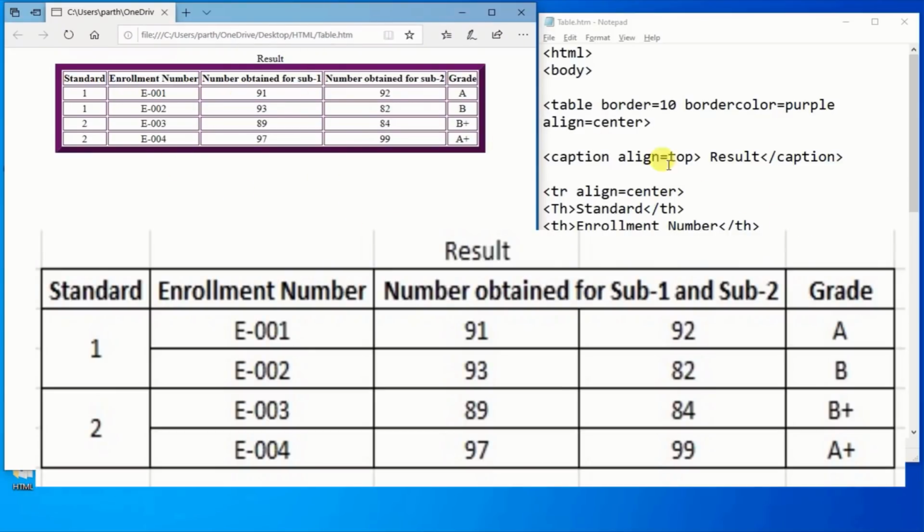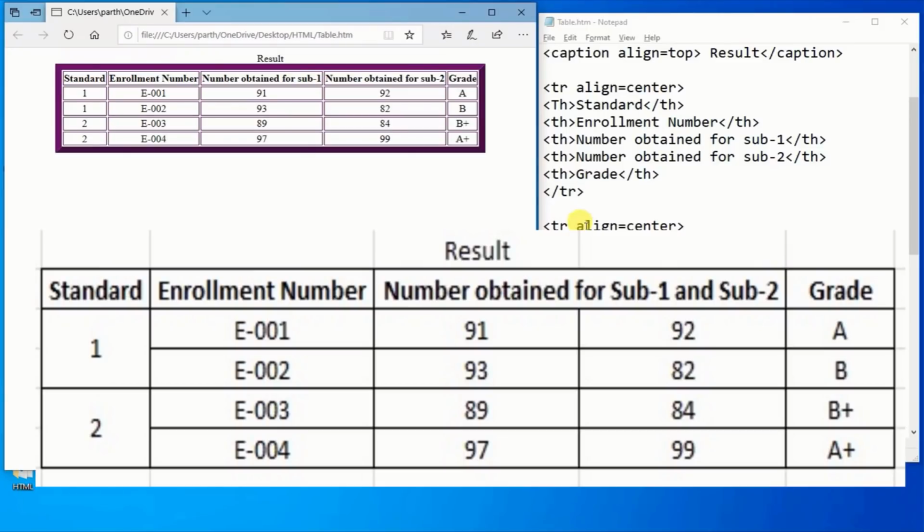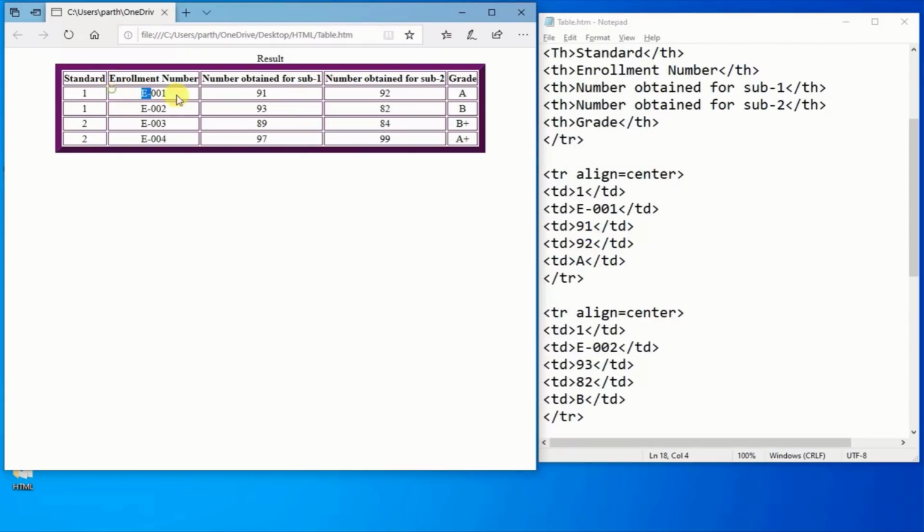As for our data, the first two rows are for standard 1 and the next two are for standard 2. So we can merge the first two standard cells together and the last two together. For that, on the first TD of the standard 1 column, we are declaring an attribute named rowspan with value 2 because we want to merge two rows together.